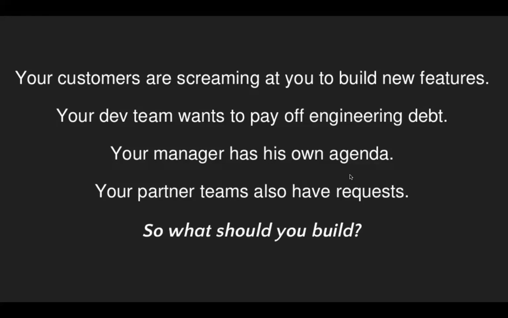So, your dev team wants you to pay off engineering debt. That means you just patched up some stuff in the past, and of course you needed to just get things moving. So you cut corners, but now if you don't fix it, as the code gets bigger and bloated, it's going to implode. The app cannot sustain it. Let's say you used MongoDB instead of a traditional database. It has its pluses. It helps you build fast. But now, let's say you targeted only 500,000 to 1 million users, and now you have 20 million users, which is a good problem to have, right?